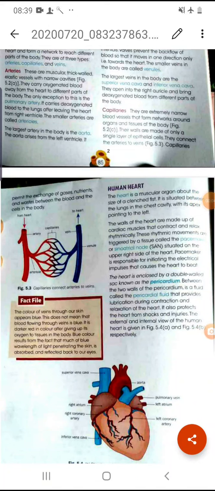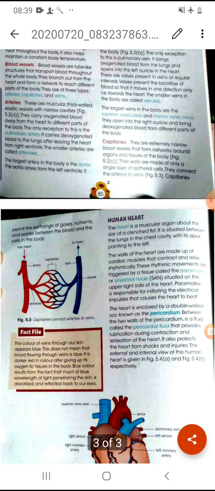So, we are discussing the chapter on the circulatory system. In our previous classes, we have discussed our blood vessels. Here capillaries are left, and today we are also going to discuss our heart. So, what are capillaries? These are very narrow, extremely narrow blood vessels.